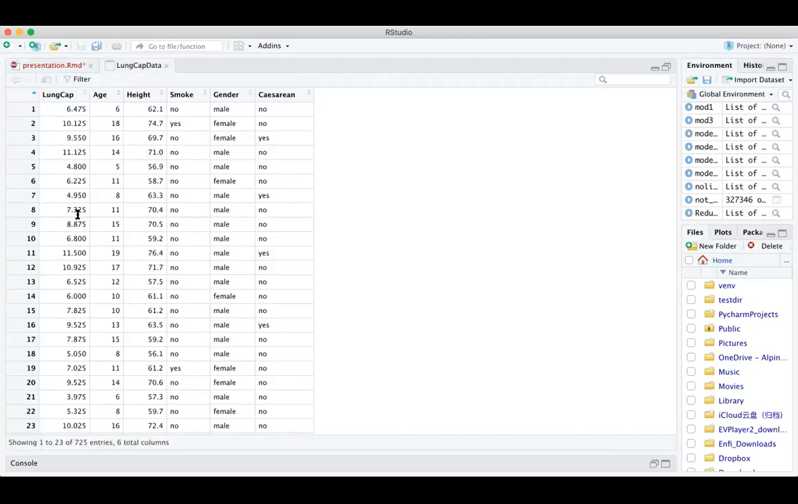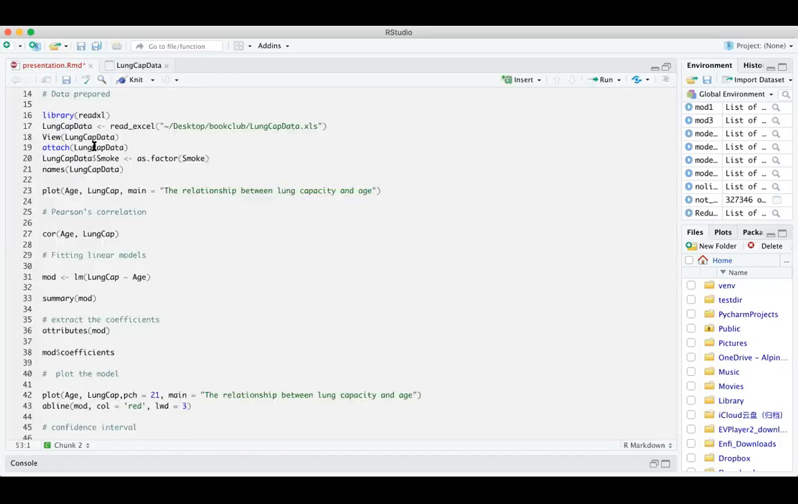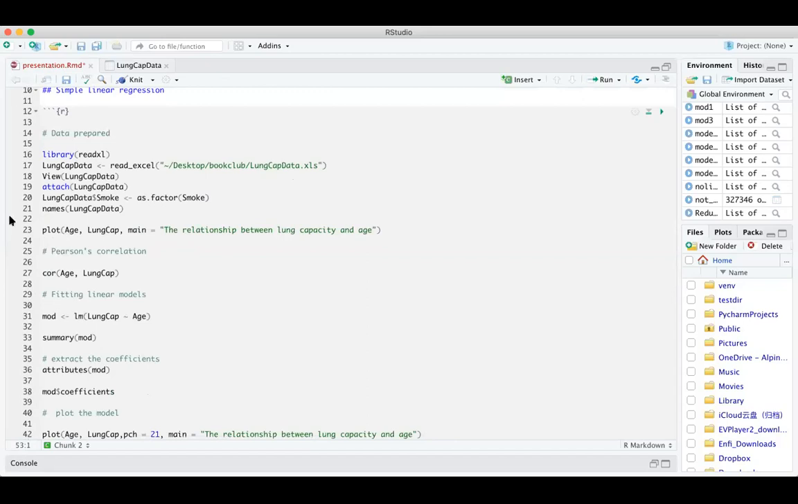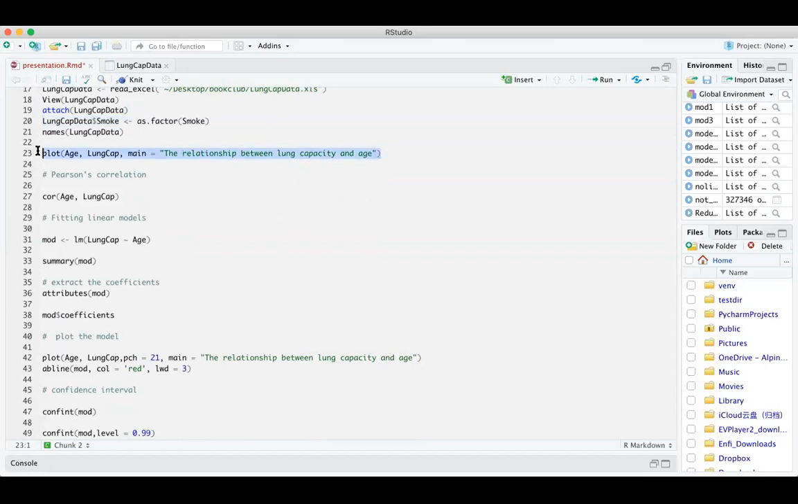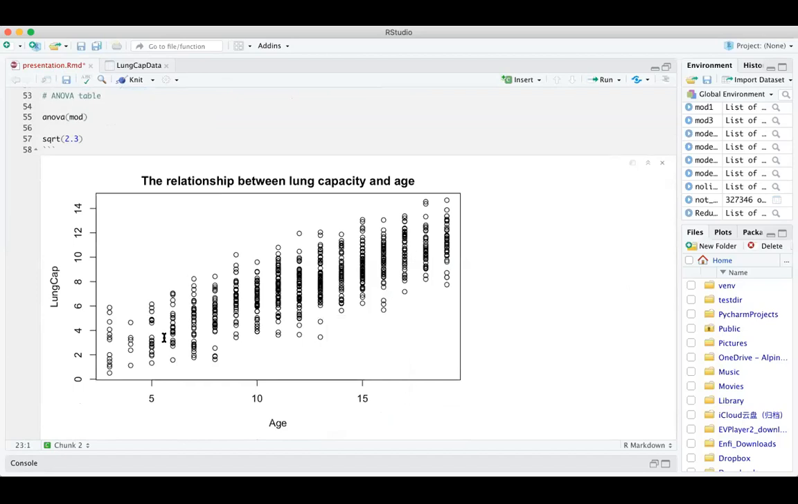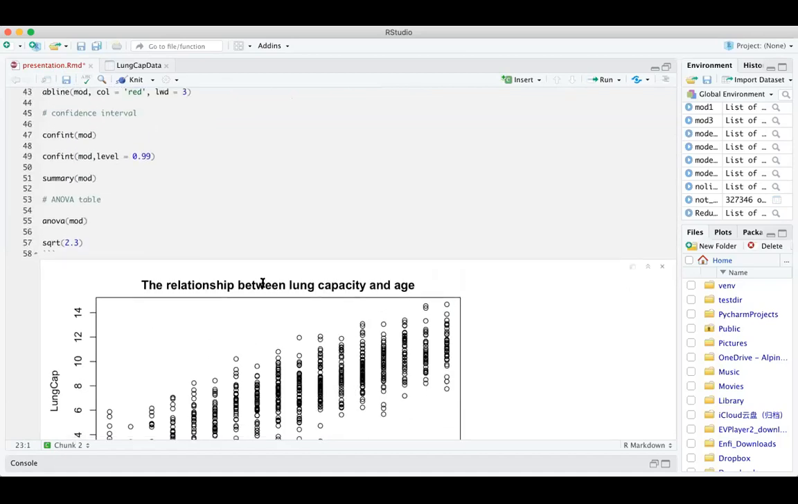It's lung capacity data, and this is the age, height, smoke, whether you smoke or not, and gender, male or female, and this one we just made. So the first thing is we're going to introduce the data and attach it. So let me plot the relationship between age and lung capacity first. We can see this is the age, this is the lung capacity. So we can begin by producing this